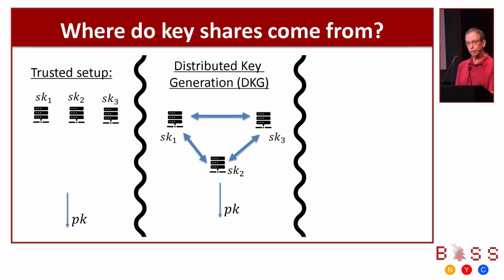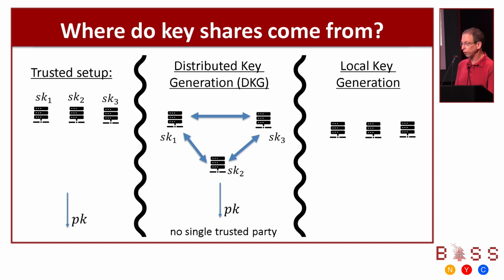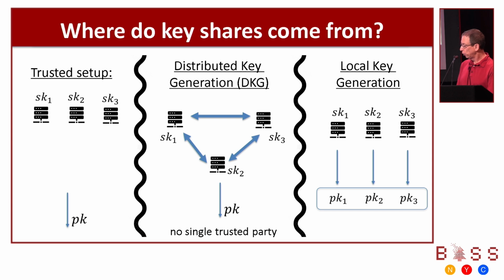So that's a second way to do it. And a third way to do it, which might be a little bit less familiar to you, is using what's called local key generation. With local key generation, there's no protocol: each party just locally generates a secret key, publishes the corresponding public key, and now you can imagine when you want to decrypt or verify a signature, you might actually need all 3 public keys in order to do it. So again, the key is split, but in some sense the public key is as big as the number